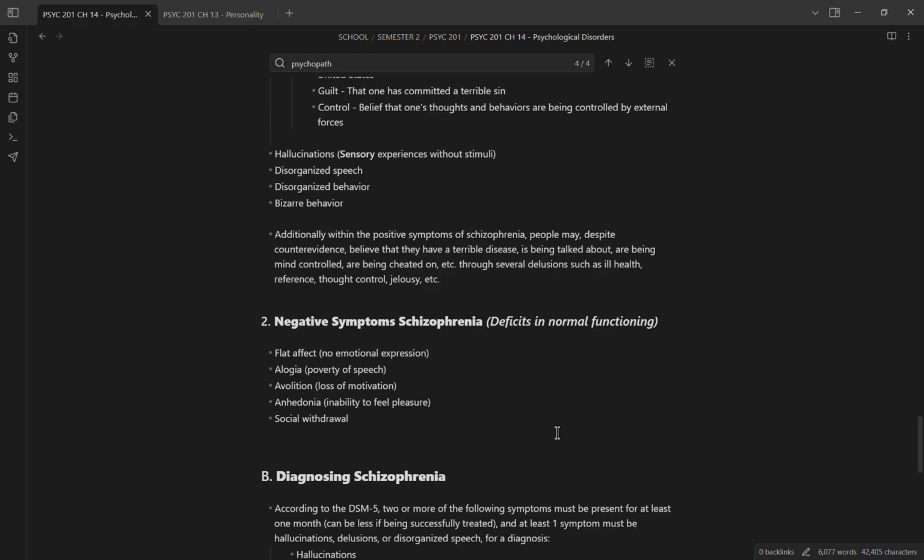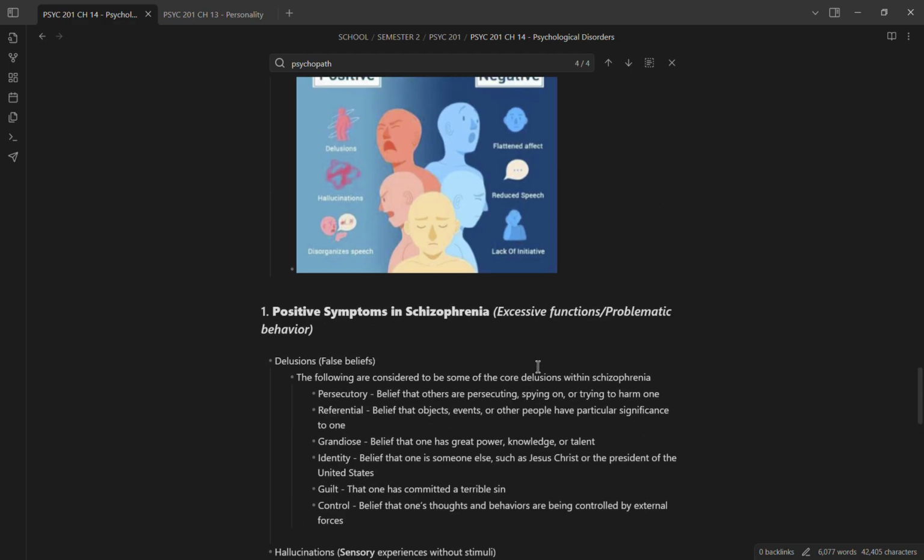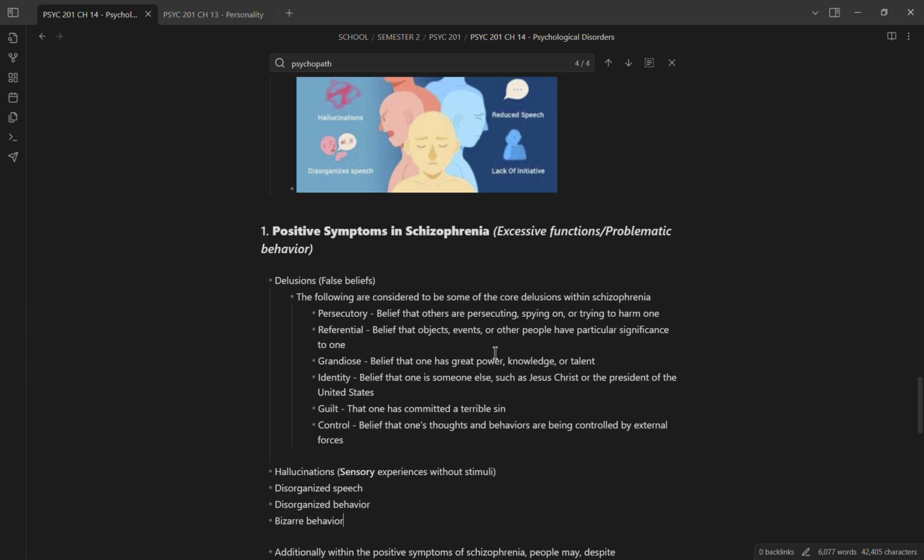While negative symptoms are deficits in normal functioning, right? So we'll get into this, right? Positive symptoms in schizophrenia. Delusions, right? We have delusions, hallucinations, disorganized speech, disorganized behavior, and bizarre behavior. So delusions, right? These are things like,